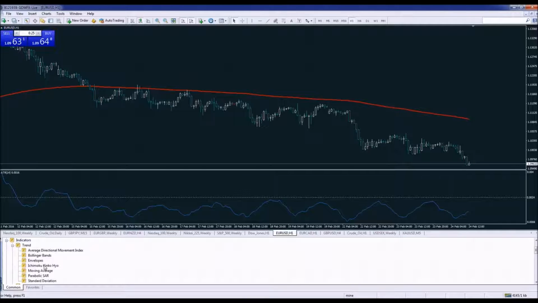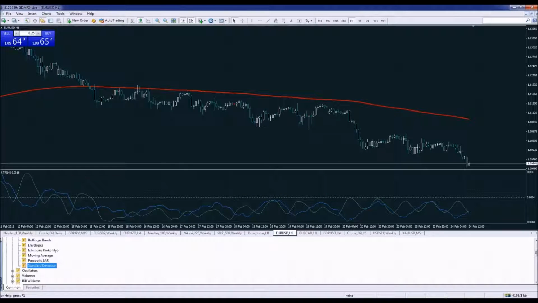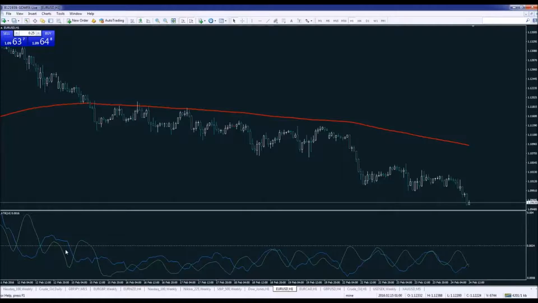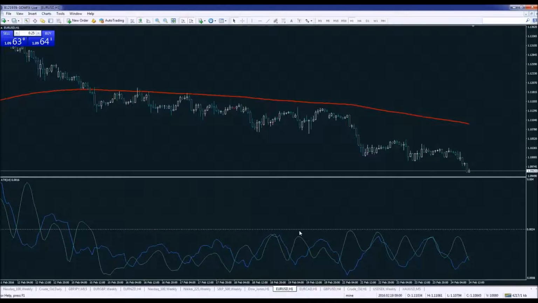So therefore, we'll just grab it here from our navigator bar and drag it on over the ATR. Set the same period of 14 with, of course, the style. We can always set it by our preferences, and here we can go and set it over the ATR, and this is how it looks. We can expand a little bit more so we can see better the ranges, the crossovers of these two tools,